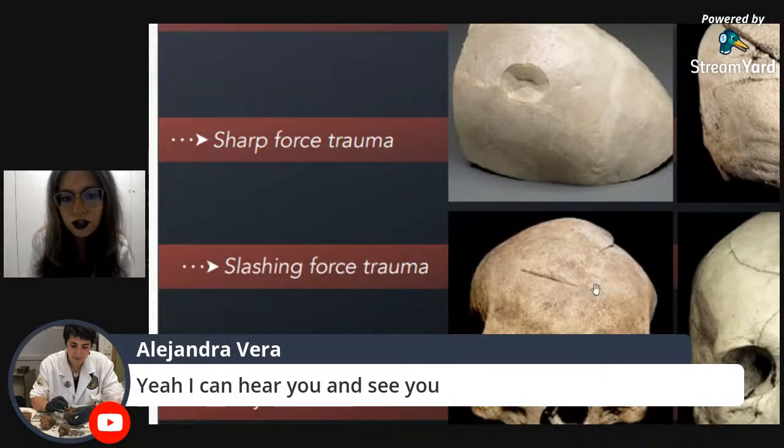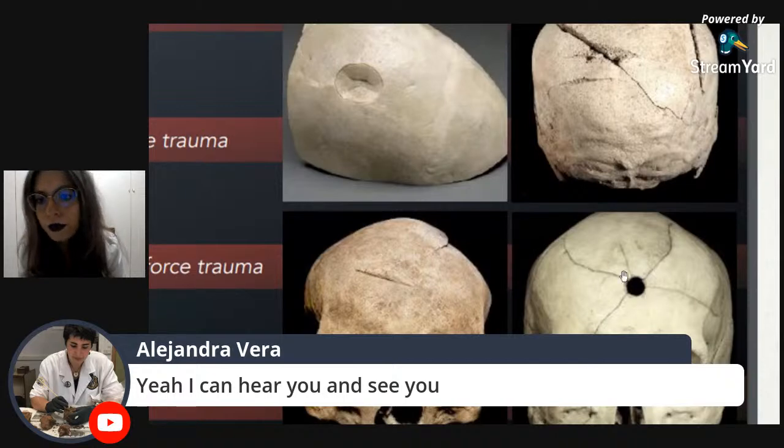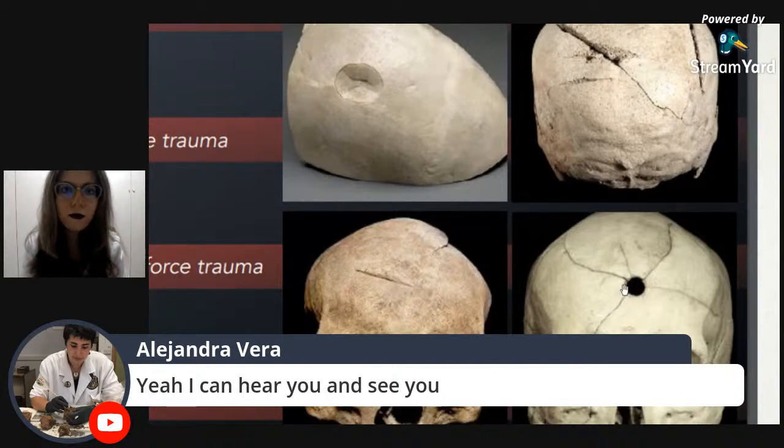And also we have projectile force trauma, which is very circular, but compared to blunt force trauma, it's not induced at close range from one person to another. Blunt force trauma only relies on the person's strength. Projectile force trauma is made by a gun or some sort of ancient